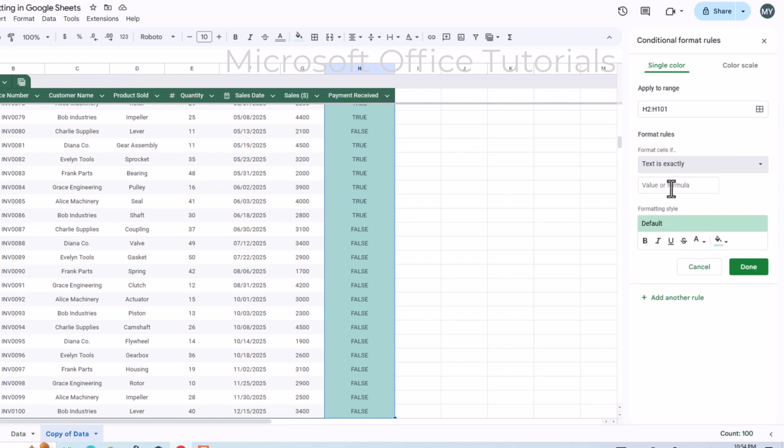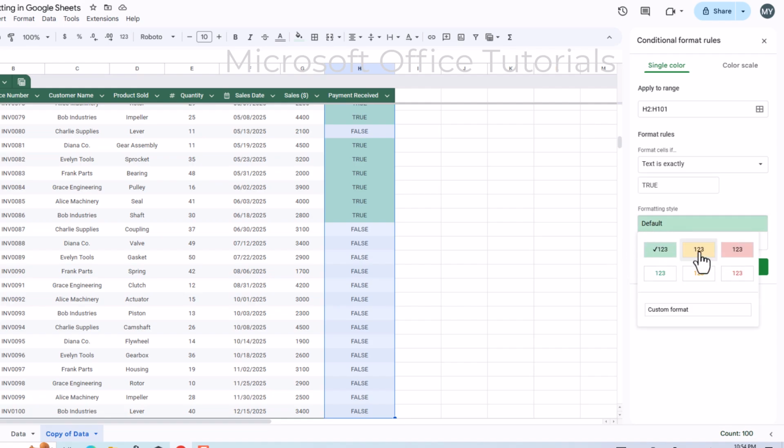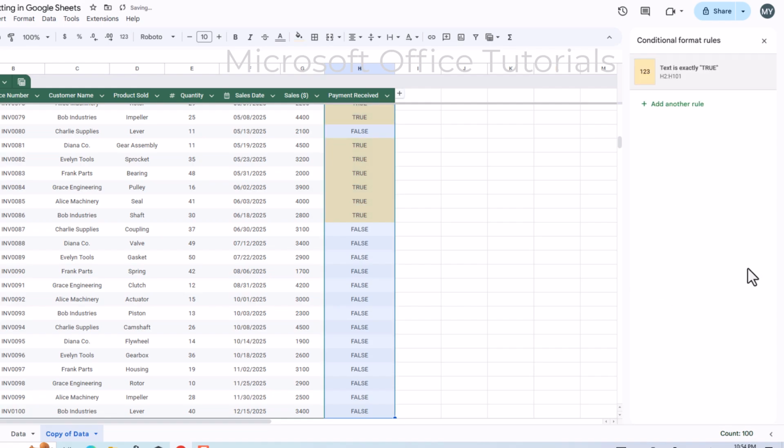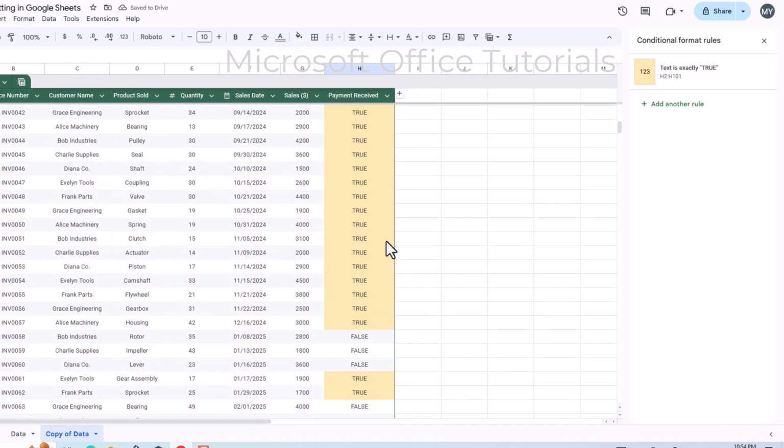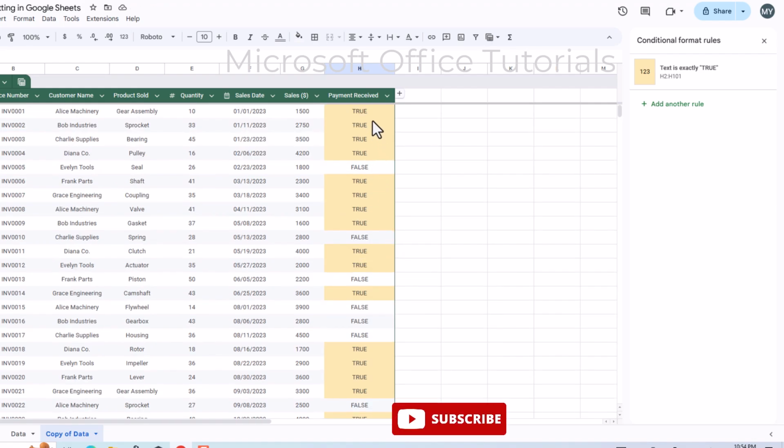I will select this and put here that the text should be exactly true. Then I want to format my cell. You can see by default this formatting style is selected. Let's say I want to choose this yellow color style. I want to highlight the cell in yellow if the cell has the text true. I will select this, go for done, and you can see I have used conditional formatting to format the cells in which I have the text true.